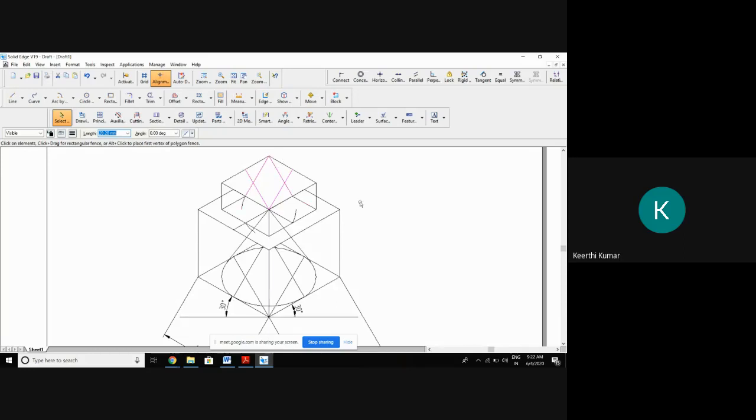See, wherever I ask you to draw the ellipse, you're supposed to do the same procedure. First, you construct the outer box. From this corner, you draw two lines where it has to connect to the opposite edge midpoint. Again, from this corner, it has to connect to the opposite edge midpoint. What we did in the bottom, same way you do at the top. Wherever ellipse comes, you're supposed to do like this only.